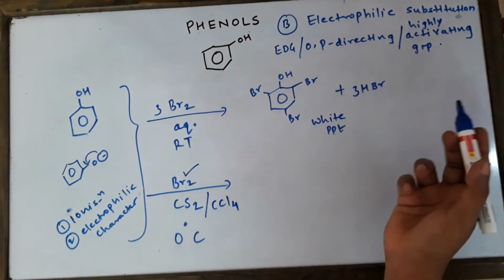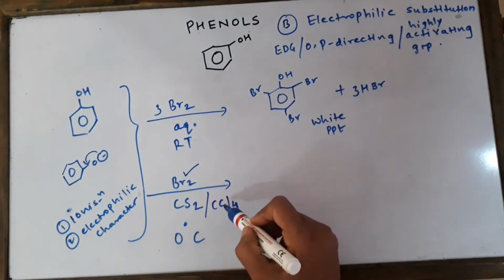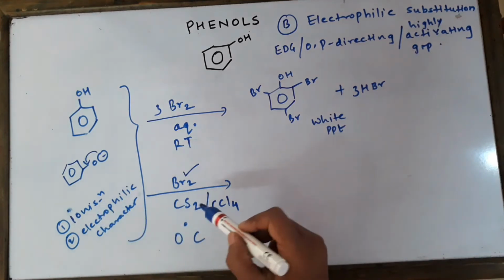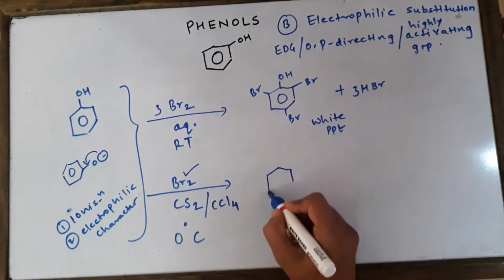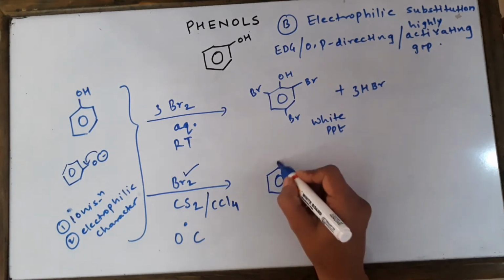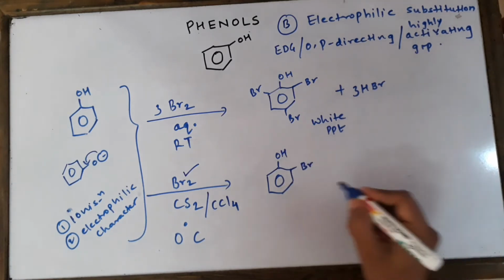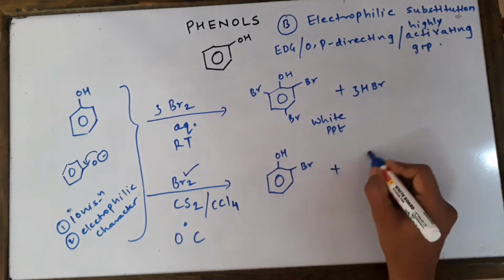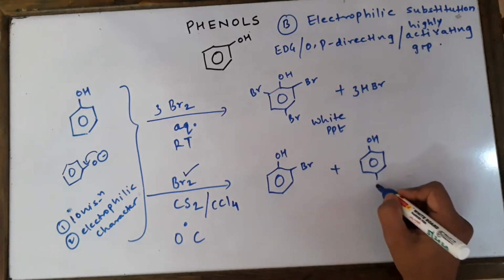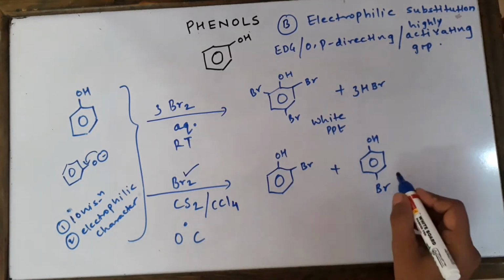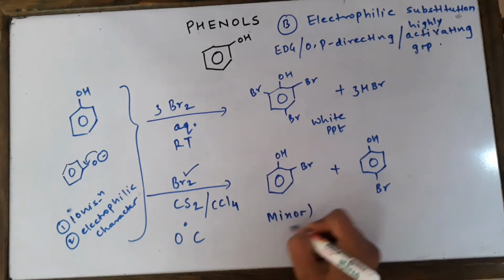It's not going to be checked in organic chemistry. Now the same thing if you do with carbon disulfide, there is less ionization of phenol, a less reactive ring will be there, and not poly-substituted, mono-halogenated products will be formed. So you will get only one bromo attached, and here one more product I can write down, para-bromophenol will be formed. Orthobromophenol, para-bromophenol, and the orthobromophenol is going to be the minor product.